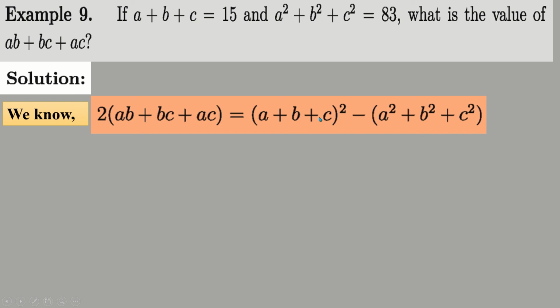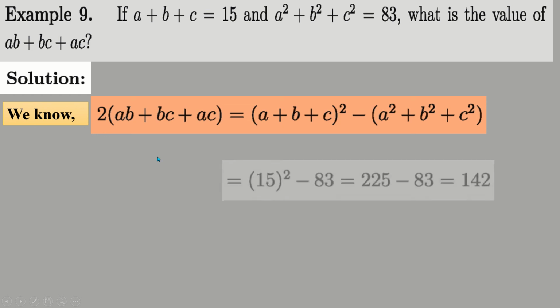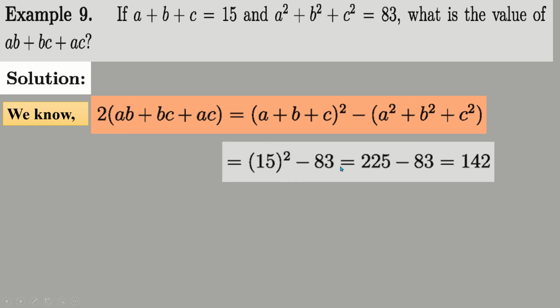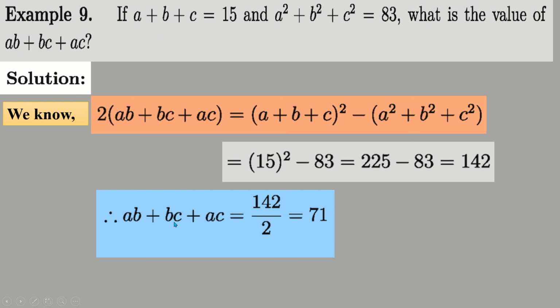But a plus b plus c equal to 15, and a square plus b square plus c square equal to 83. So we can write 15 whole square minus 83, that means 225 minus 83 is equal to 142. Therefore ab plus bc plus ac equal to 142 divided by 2, equal to 71. This is the required answer. Very easy. Okay,